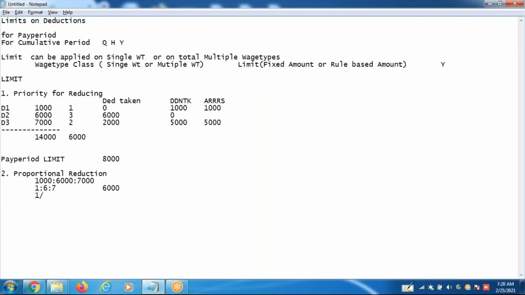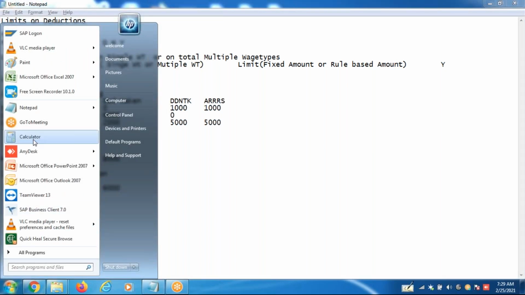one divided by how much? 14 into 6,000. Okay, 1 divided by 14 into 6,000. So look at it. How much it is?